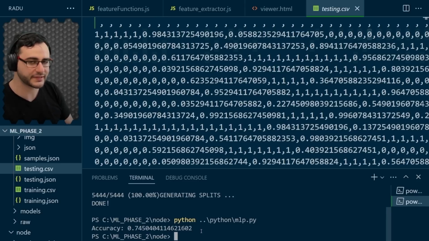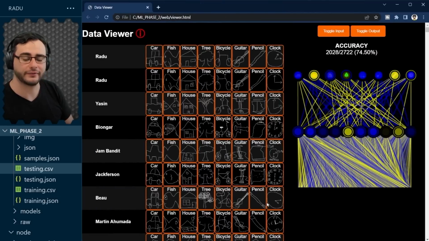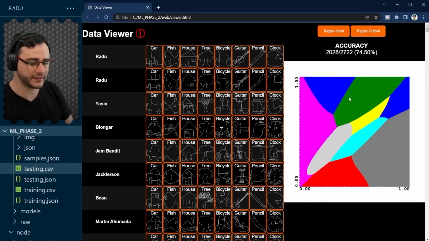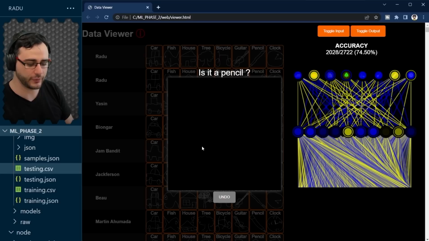Wow. Let's take a look in the web page. And we now have this beast here with all these connections here from each individual pixel, all 400 pixels of the small 20 by 20 size image. And this is the new accuracy. This is the new matrix here, and it looks really, really good, doesn't it? This we already said we don't look at anymore with these high number of dimensions there. And if we try to make a new input here,